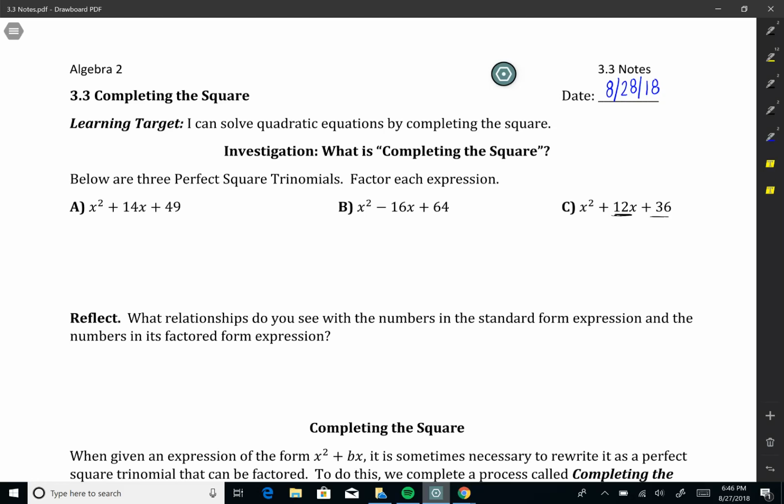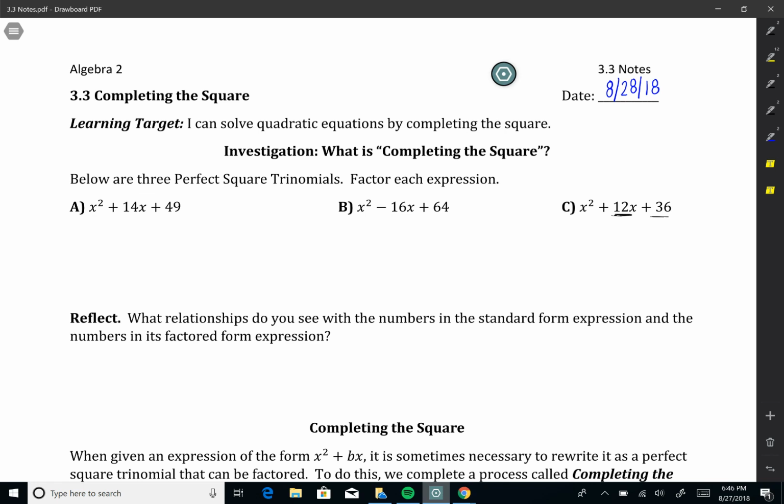Hey guys, welcome to section 3.3 called Completing the Square. You're going to watch two videos tonight. The first one is our investigation. What is completing the square? Once we've done this investigation, we'll get to our learning target, which is: I can solve quadratic equations